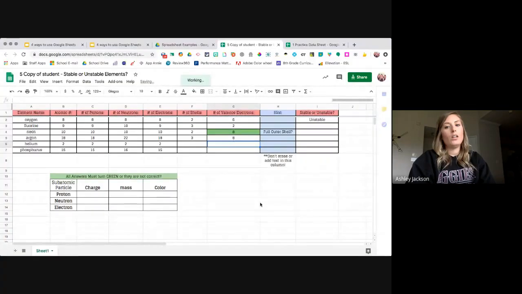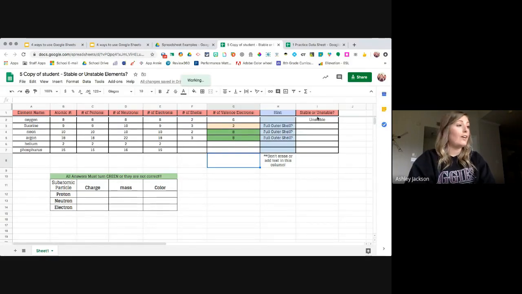So for instance, like, is this a full outer shell? Maybe if this will work. There we go. So it would ask them if it is a full outer shell, because that's how you know if it's stable or unstable. So just different guiding things that would help them be able to answer these questions